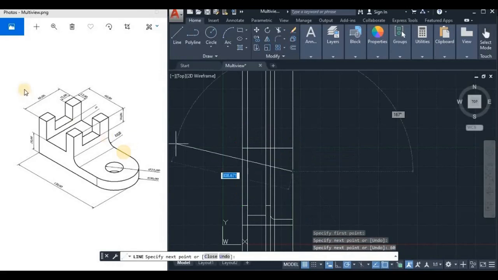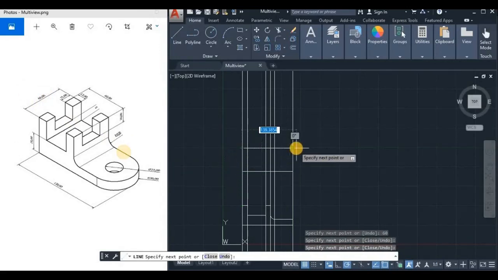In that case, the depth is 60 and the width is 130. Draw a rectangular box here as well, and then draw the remaining portion in there,